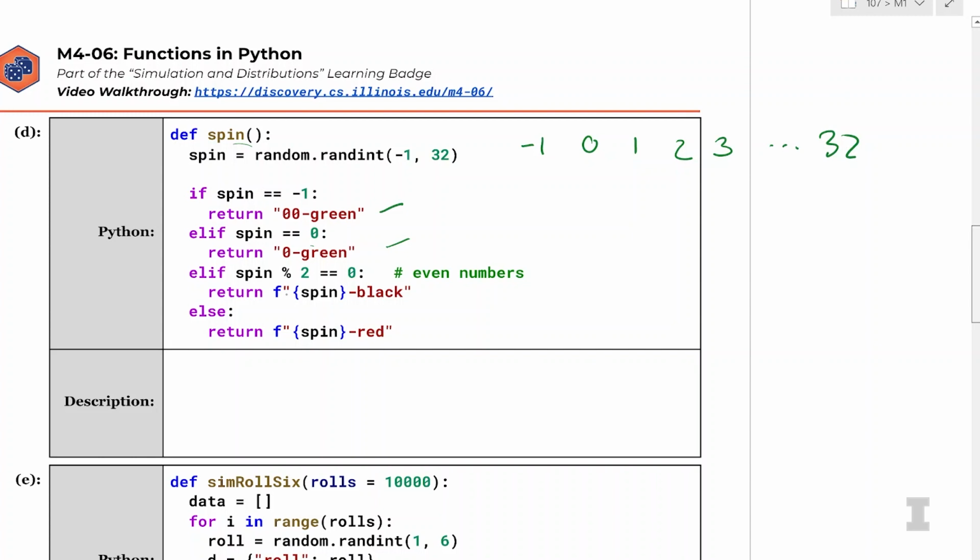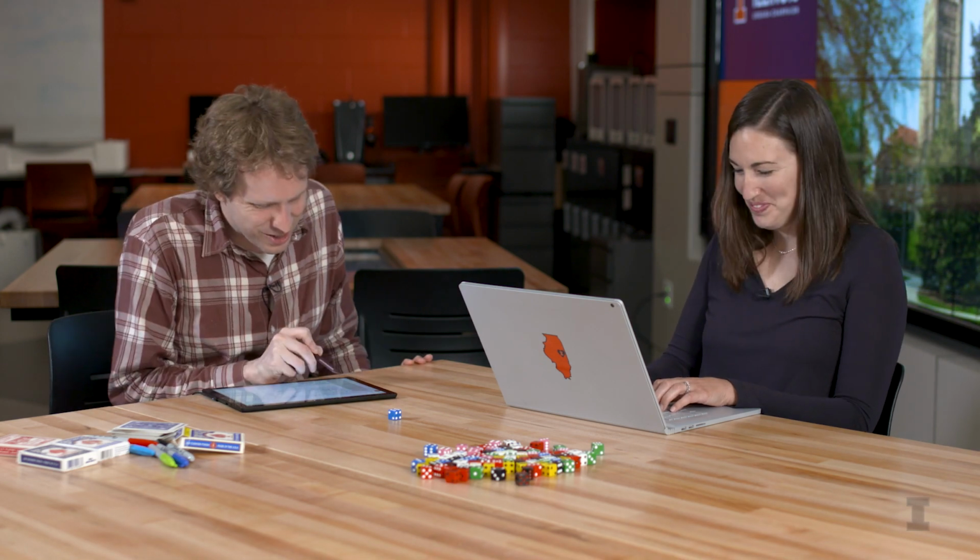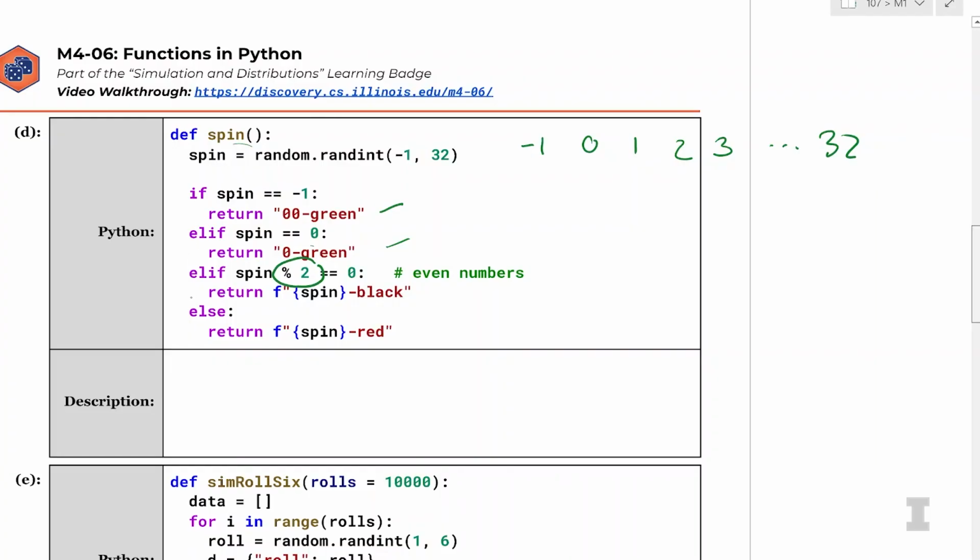If spin mod 2 is equal to 0, so this percent operation is a mod operation. This is something we haven't seen yet, I don't think. Yeah. Also, wait, before you continue, Elf? Elf, yes. So one thing in Python is we often want to chain conditionals together. So we could write else: if: and have a lot more text to write these conditionals, these else statements. We can chain a number of else statements together by using else if, or elif. So yes, we have this if, elif, and else.